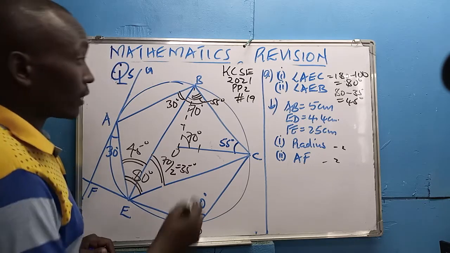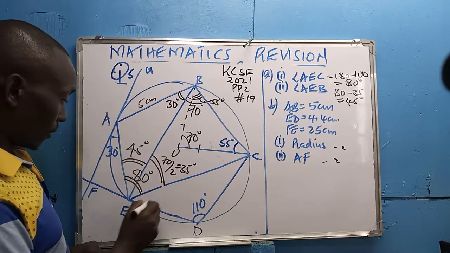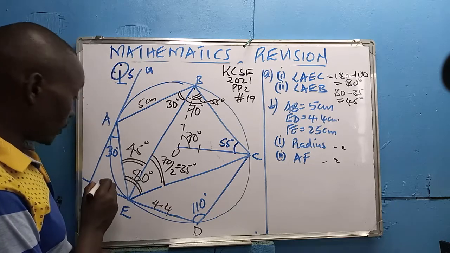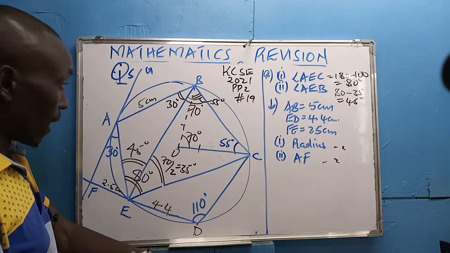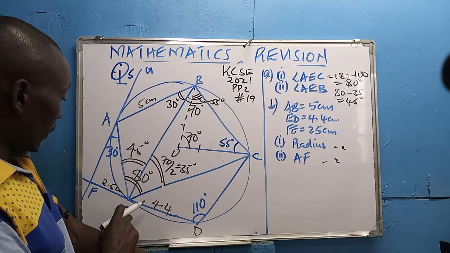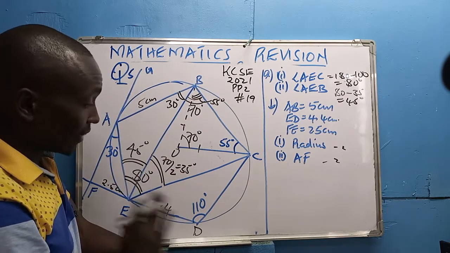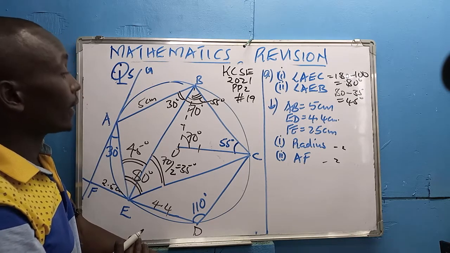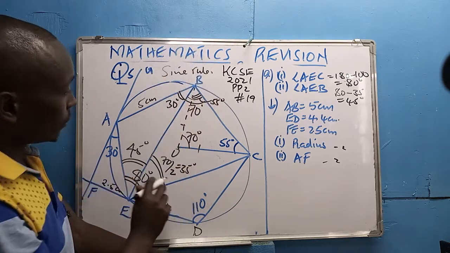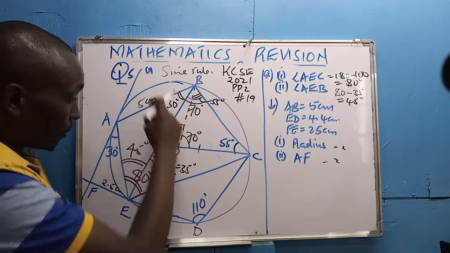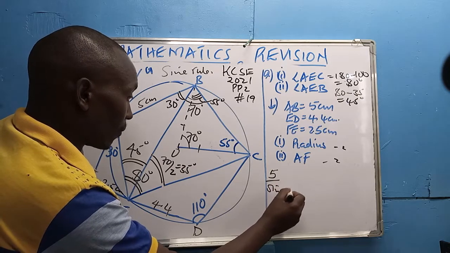Now, you are given that AB is 5 centimeters. You're also given that ED is 4.4 centimeters. Then FE is 2.5 centimeters. The question is work out the radius of that circle. If I look at the triangle EAB, the 3 vertices are all along the lines of the circumference. So with that, I can therefore apply what we call the sine rule. The sine rule states that, I have this angle, I have this side. It says that if I have that side 5 divided by sine of the opposite angle there, 45 degrees,